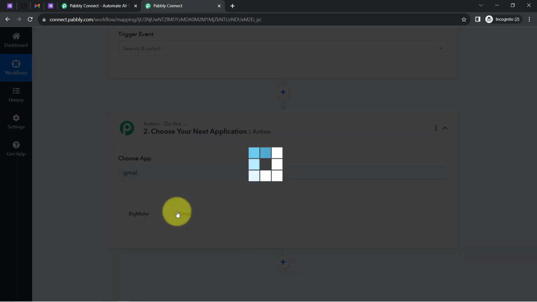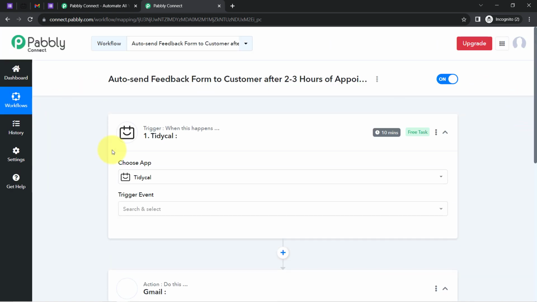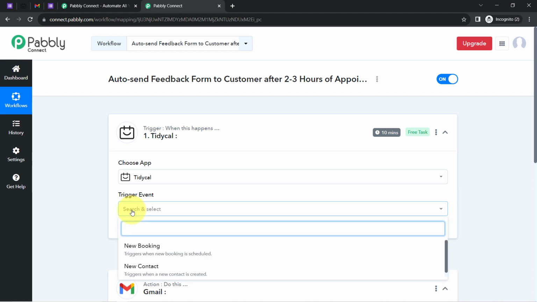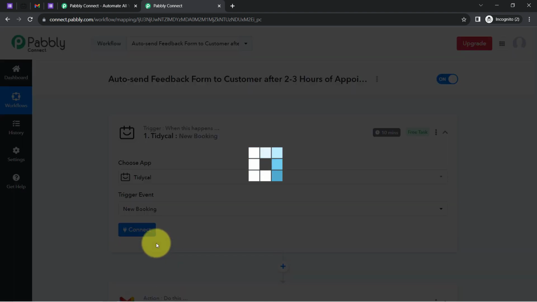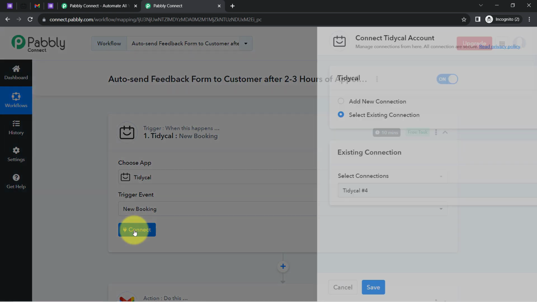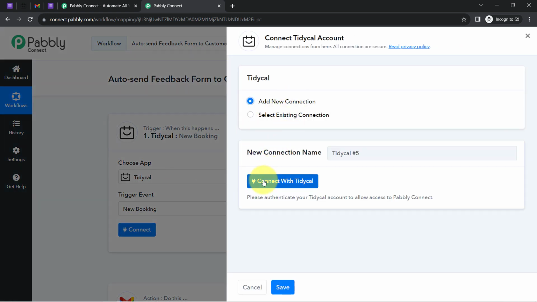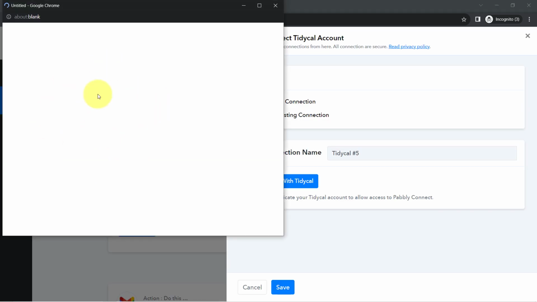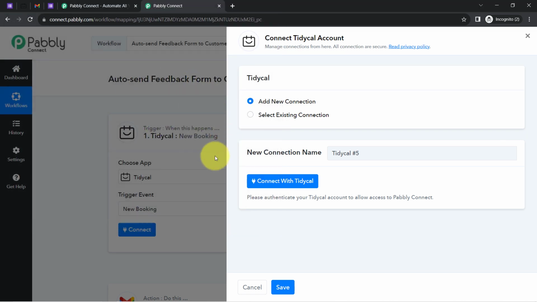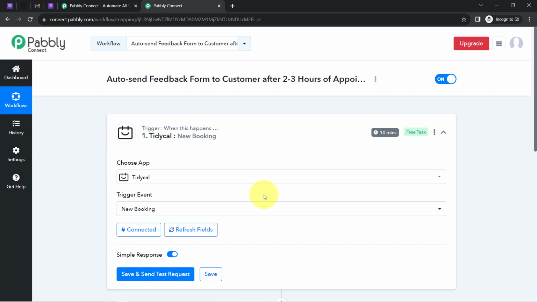Okay, and now the idea here is I'm going to connect these 2 applications one by one with Pabbly Connect. Okay, so let us first connect this TidyCal with Pabbly Connect, but before that we will have to select the trigger event, that is new booking. You can also read the instructions, triggers when new booking is scheduled. Alright, yes, I want to perform the same, so clicking on connect, then clicking on add a new connection, then clicking on this button, and if you are already logged in to your TidyCal account, it will automatically detect that access. Simply provide the access, simply click on that button, the authorization is successful, and the TidyCal account is successfully connected with